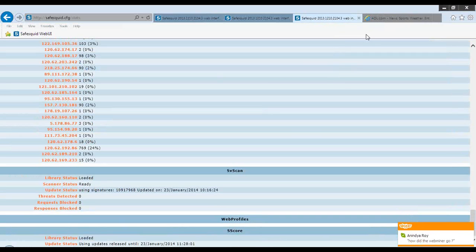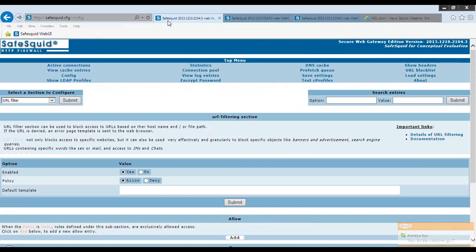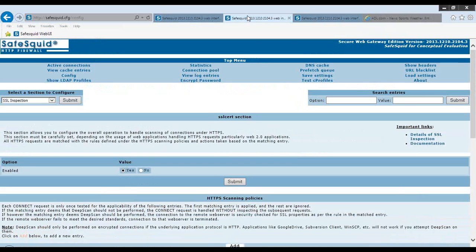Well, it's still not picking up. I don't know why. I'll have to check it out. But for some reason, it's not picking it up here. Anyway, let me just go over to the HTTPS scanning.